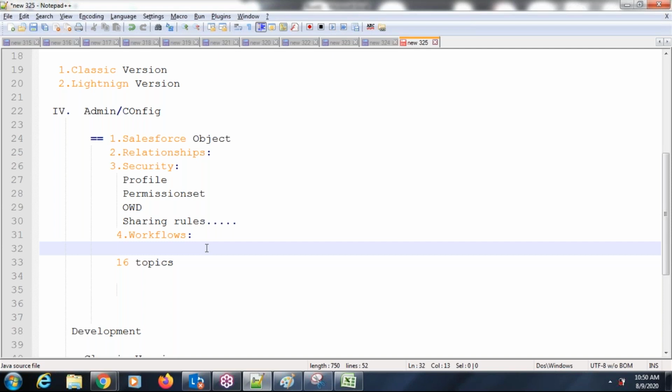While taking the interviews, they will prefer admin plus development, but mostly development. Once you join the company, you can look for a support project or admin configuration project. Yes, that facility is there. But for the interview, we should go with admin and development.